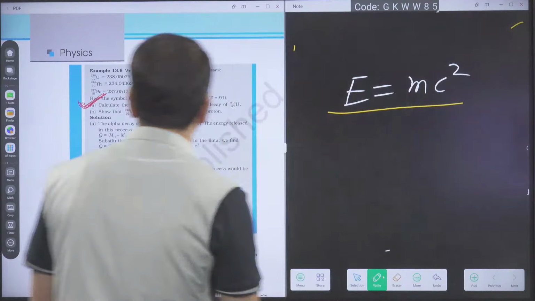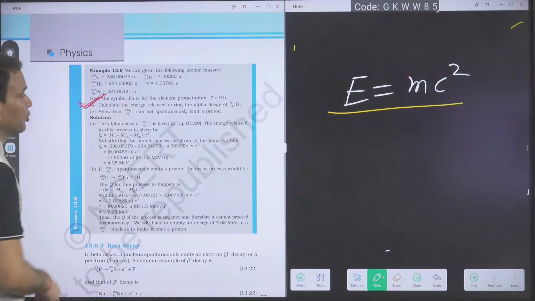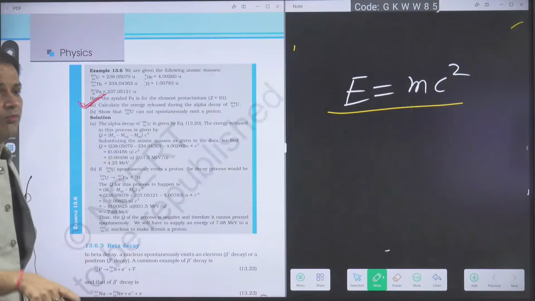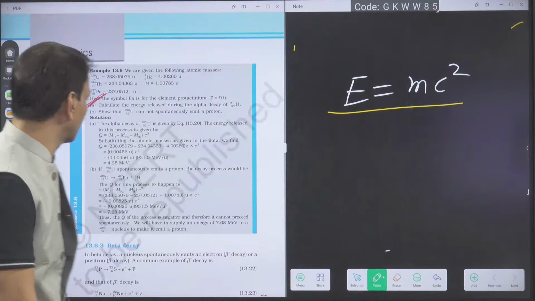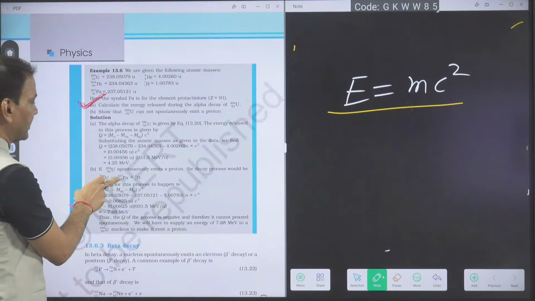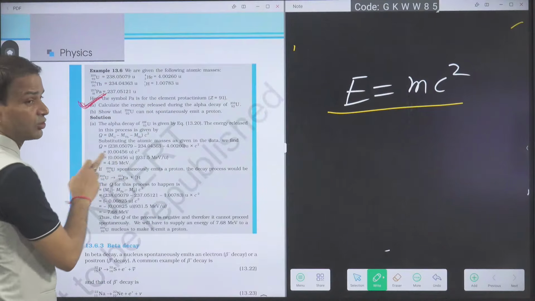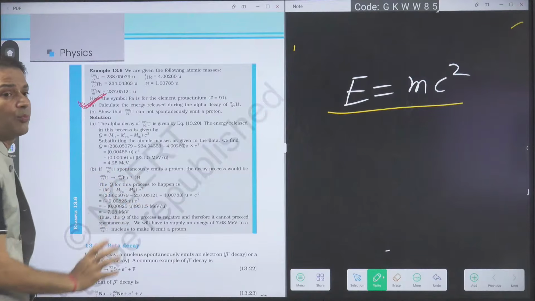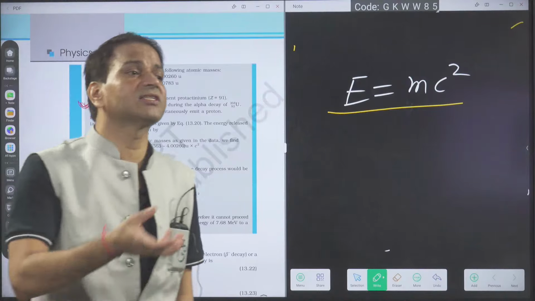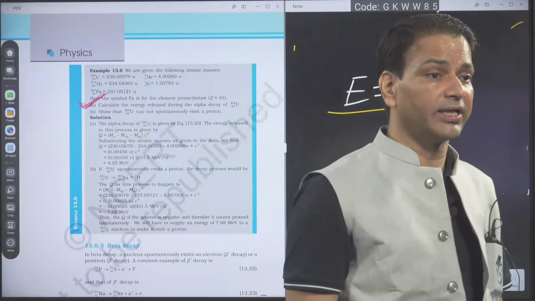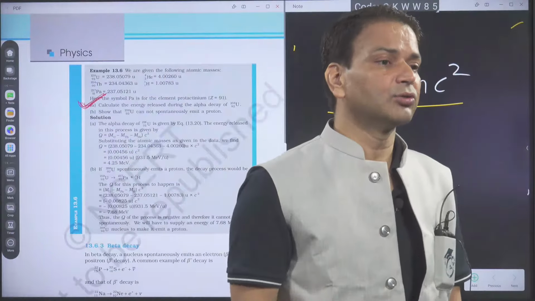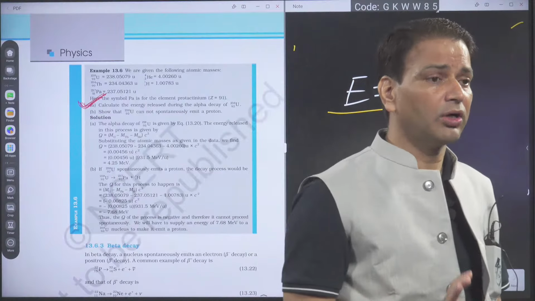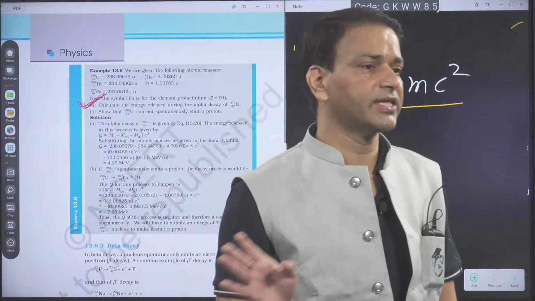Okay. So in this problem, 92 uranium-238 cannot spontaneously emit a proton. Why? Because if I write the reaction, 92 uranium-238 gives 91 Pa237 plus 1H1. Now when you calculate the mass loss, mass of reactant minus mass of product, it will come negative. If it is coming negative, it means mass loss is not there, it means energy will not be released. So this reaction will not be spontaneous. Everybody got it or not? They are asking about spontaneous and non-spontaneous reactions.